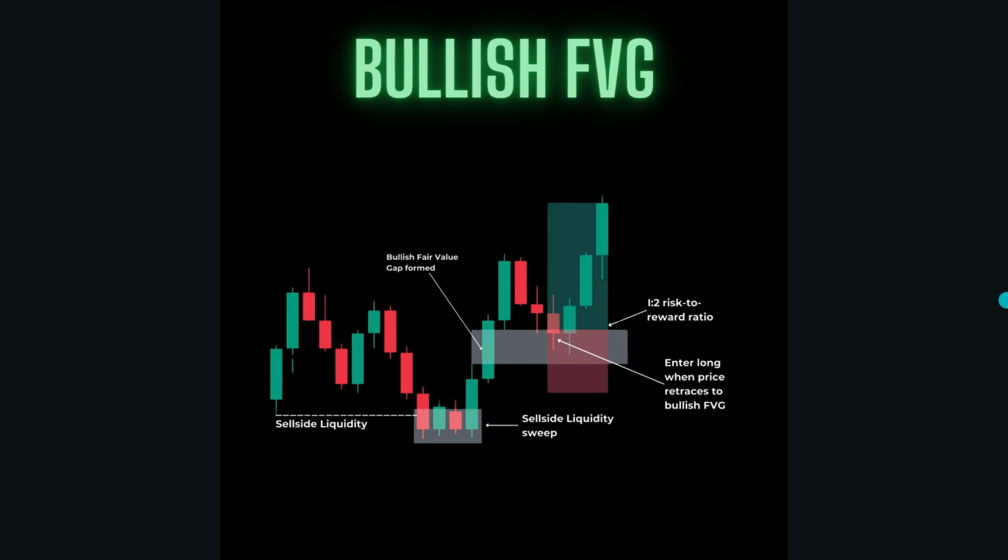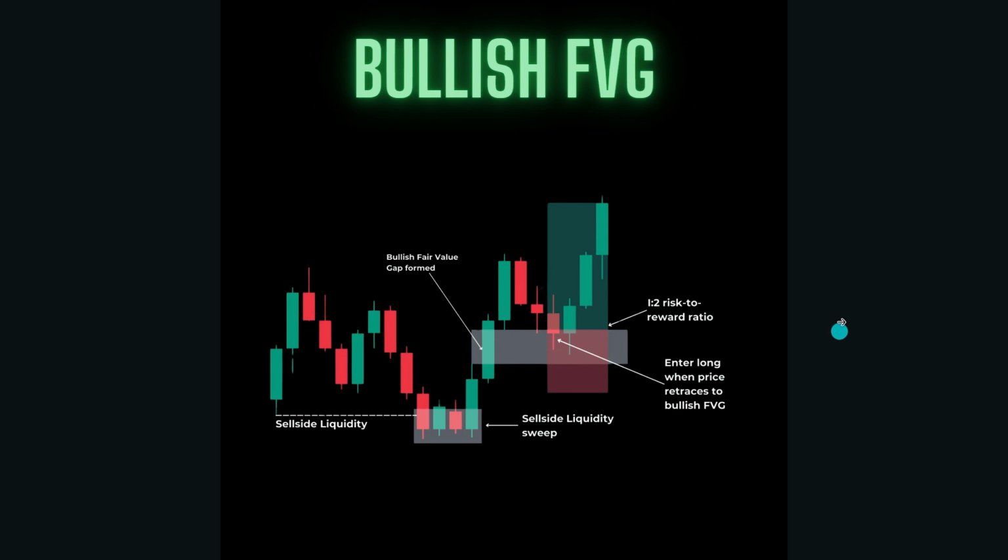All right, so first slide is the bullish fair value gap, right? So first of all, what is ICT and what's the fair value gap? Well, ICT, or inner circle trading, is a trading methodology focused on price action and market structure. One of its core ideas is the fair value gap, which is the imbalance or inefficiency in the price chart where demand outweighs supply or vice versa. These gaps typically form between 3 consecutive candles and can act as a key area of interest for traders.